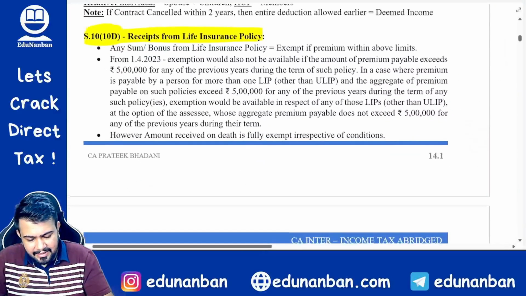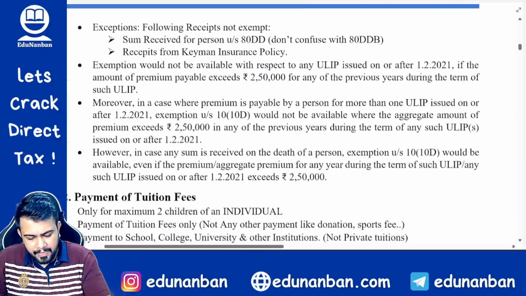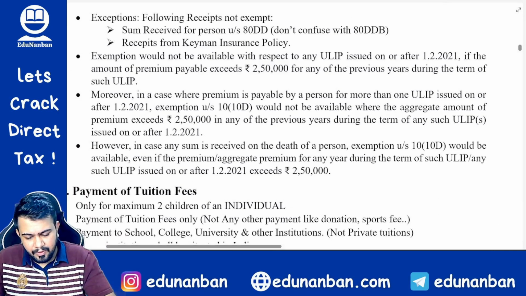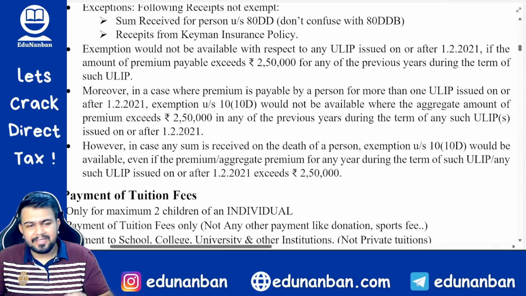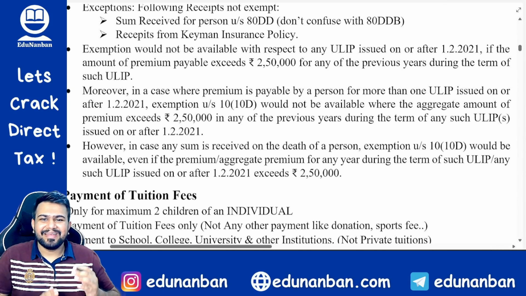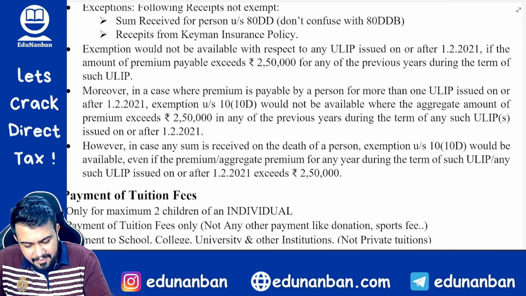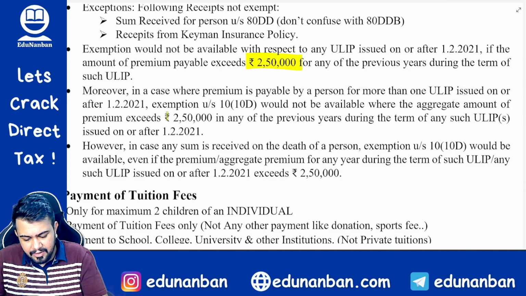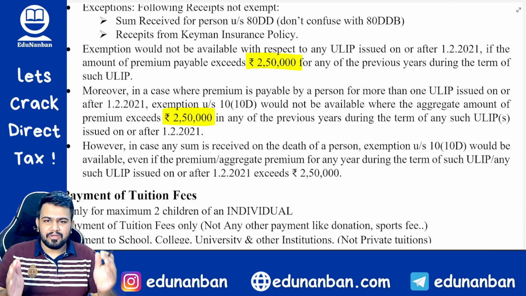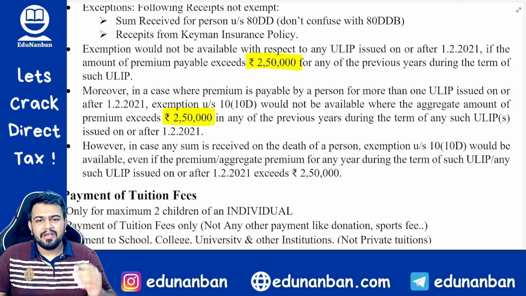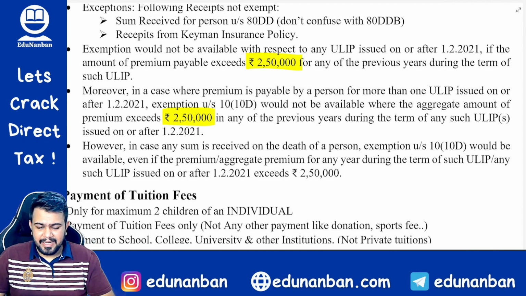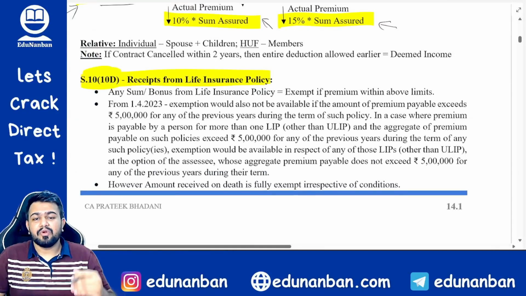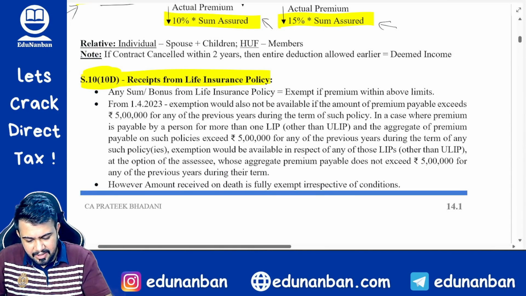The Income Tax Act introduced the concept of ULIP, that is Unit Linked Insurance Plan or Unit Linked Insurance Policy. In the case of a unit linked insurance policy, this is also not an amendment, this is an earlier provision only that I am taking, where if the premium exceeds 2,50,000 rupees, or if the aggregate premium exceeds 2,50,000 rupees in case of more than one ULIP, in such case also such ULIPs will be fully taxable under the Income Tax Act. And now section 10(10D) has brought in another condition. What is that condition? Let us read.